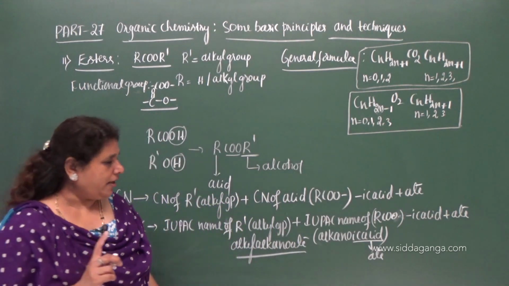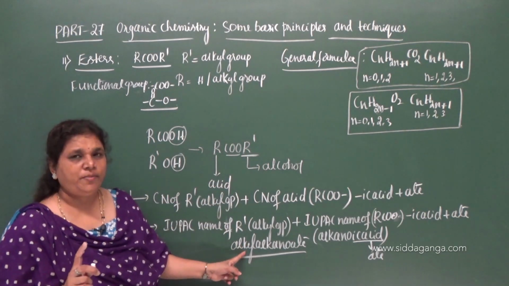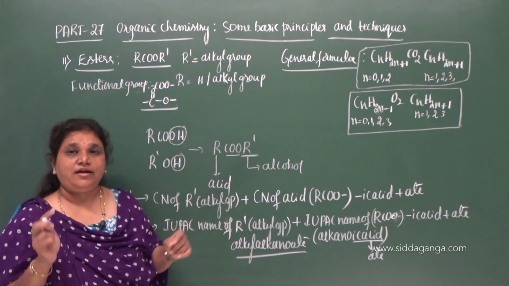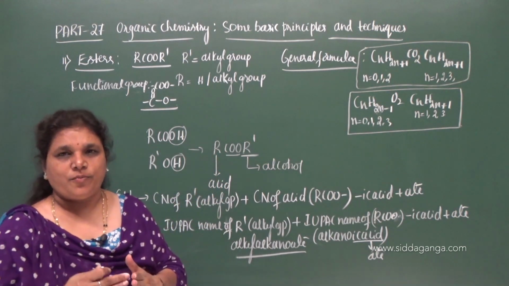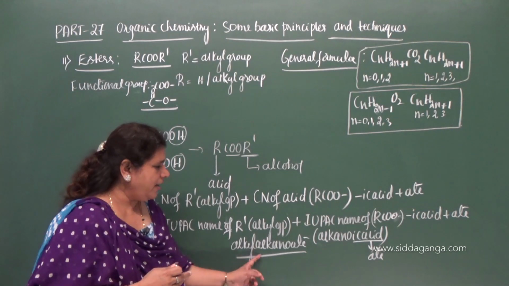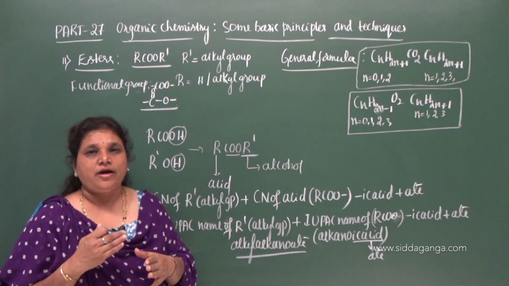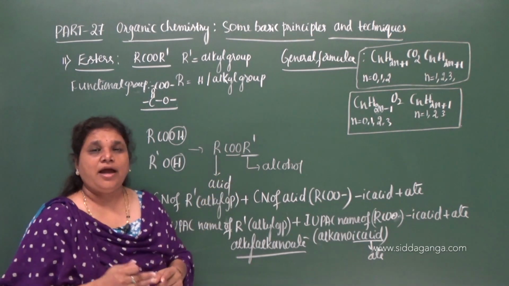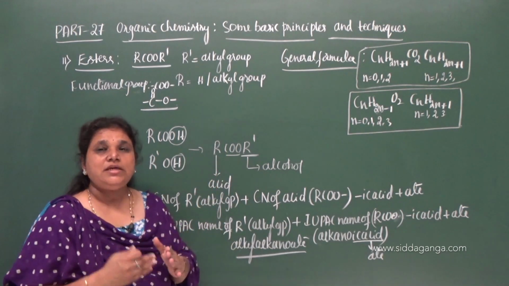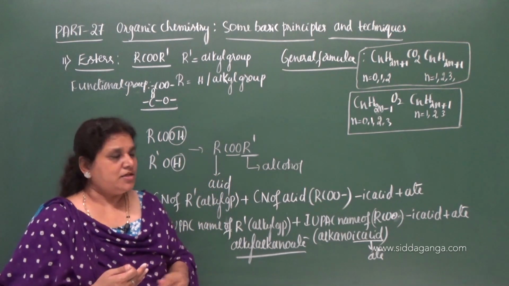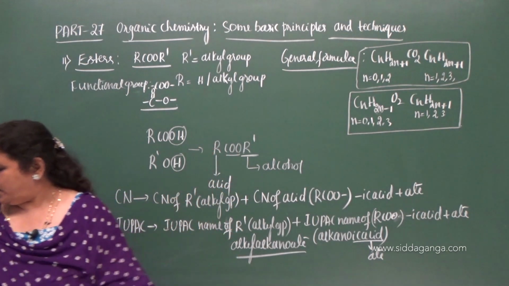The name of the alkyl group is the name of the R dash. So this alkyl group is always the name of that alkyl group which comes after the COO group. Remember, in alkyl alkanoate or in a common name, first comes the name of the alkyl group, that is R dash, and that alkyl group comes in an ester after the COO group. Clear? So let us move on to the examples. Note down this first and let us move on to the examples.